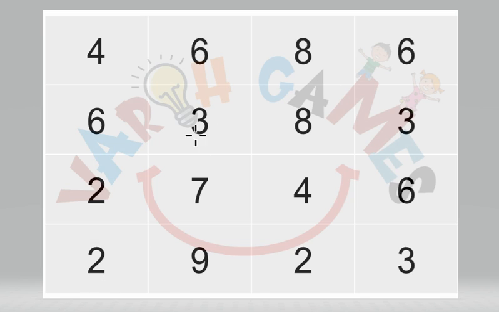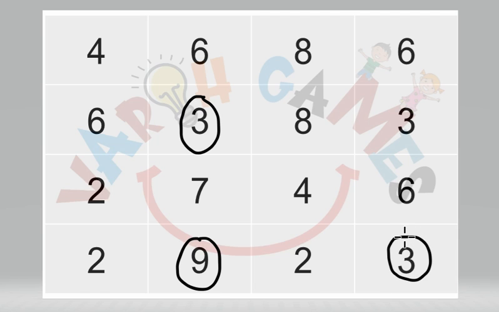So let's start with this column. Over here we have 9. If we select 9, how much more is required for getting 12? 3 more. So we can circle 9 and 3. And then we can check that there is no other way that 12 can be derived in this column. It's only through 9 and 3. So let's circle that. Now when we have circled 9 over here, in this row also it means that 9 needs to be used. So 9 plus 3 will give us 12. So we can circle 3 over here.